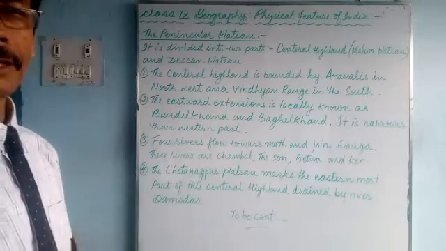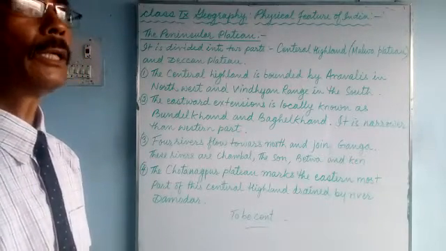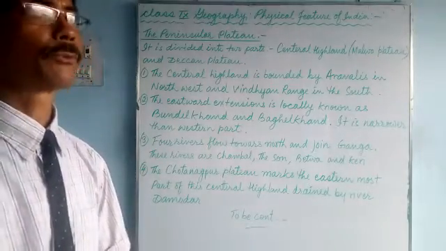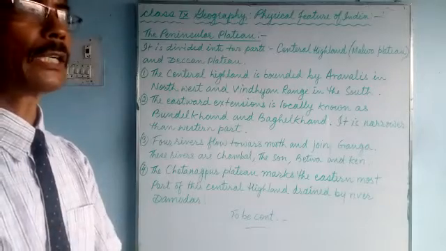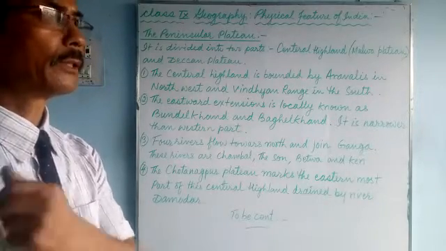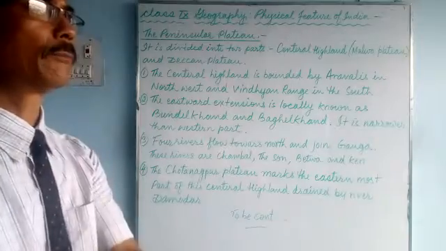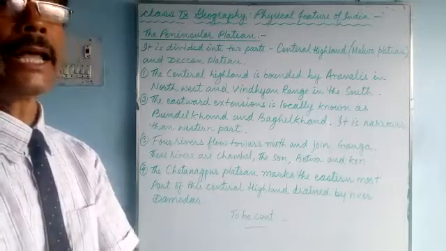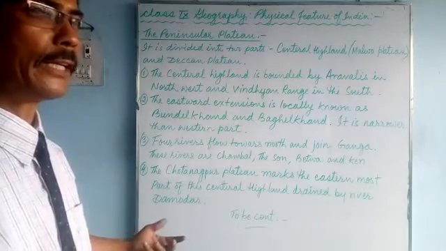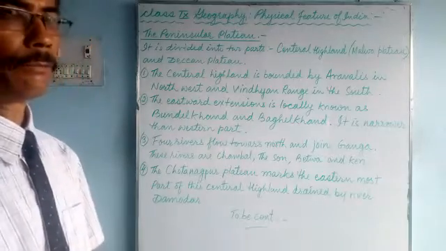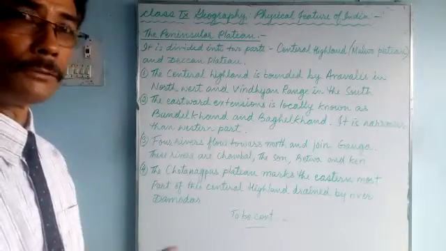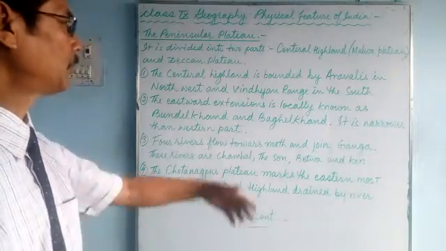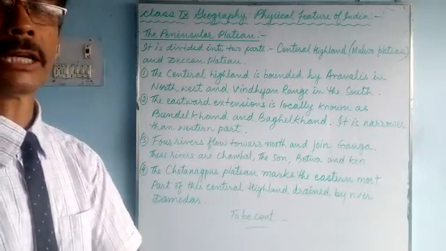This much for today. We'll meet in the next class and continue our lesson about the Deccan Plateau. There we will learn about the Deccan Traps, the Western Ghats, the Eastern Ghats. The highest mountain of the Deccan Plateau is Anaimudi, and the easternmost part there is Mahendragiri, and various rivers flow towards the eastern side, and only two rivers flow towards the western side, Narmada and Tapti, which flow in the rift valley. We'll talk about various things about the Deccan Plateau in our next class.